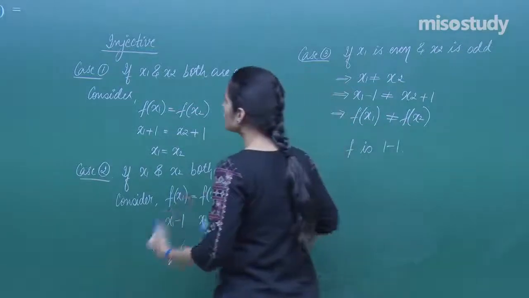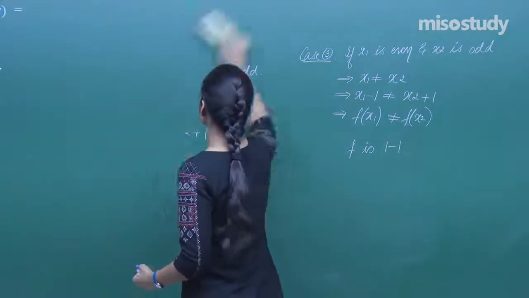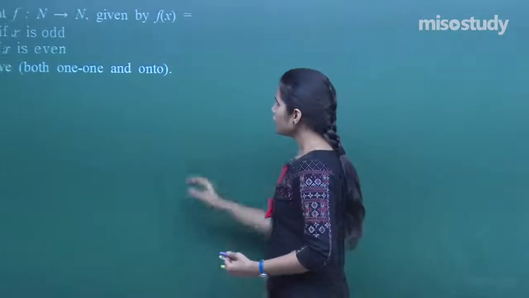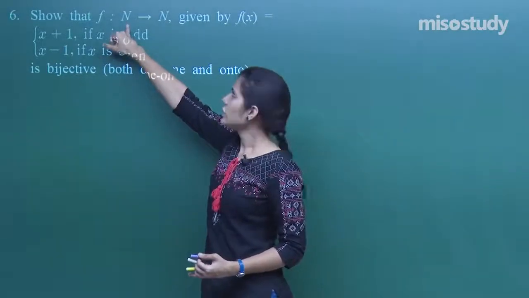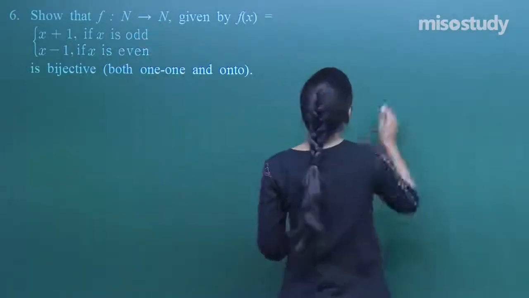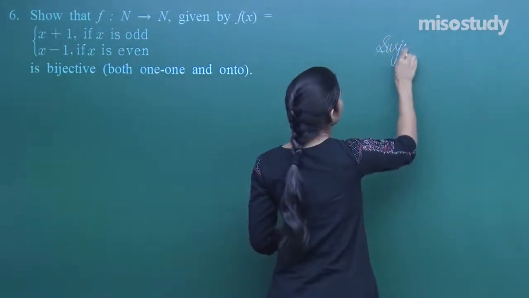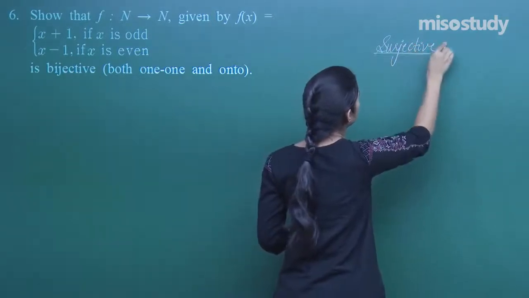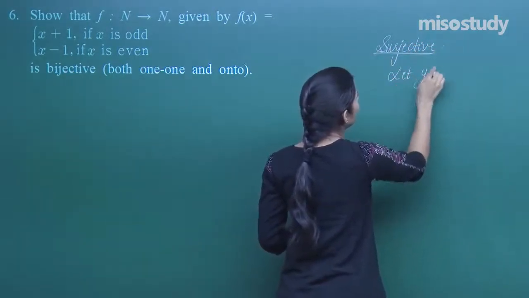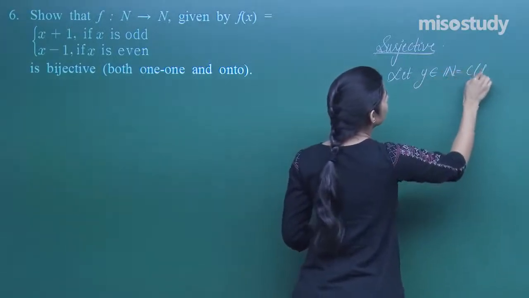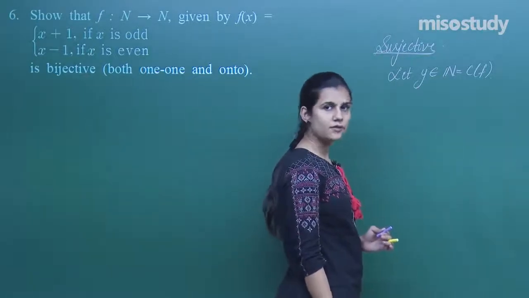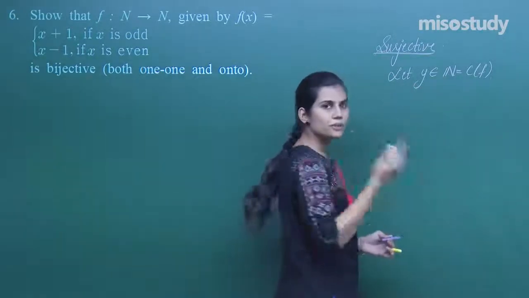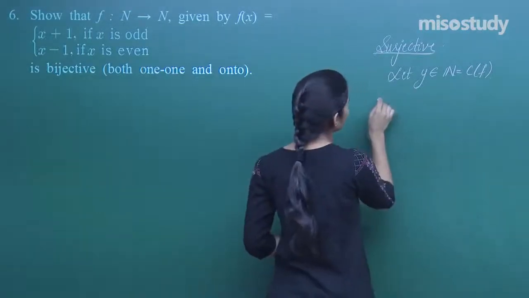Moreover, if I talk about onto-ness, if I wish to establish the surjectivity, that means I need to show, give me any natural number here in the codomain. There is definitely a natural number here which f maps to the chosen natural number. Let's try to establish surjectivity. Let y belong to the codomain of f. I need to show that definitely there exists some x in the domain of f such that f of x is this y. That means this y is the image of some x under f. Let y be in N.